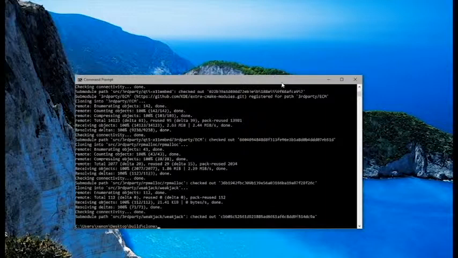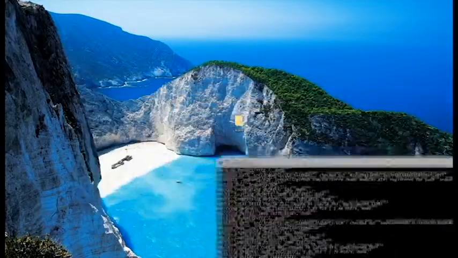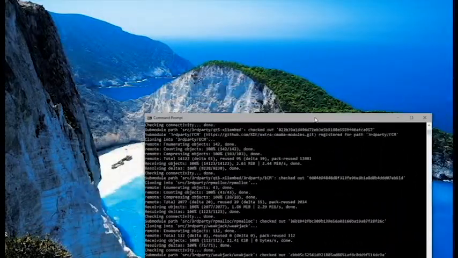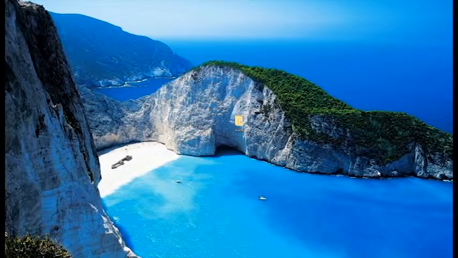Alright, so now that that's done, we can move our command prompt out of the way. Just move it to another screen if you've got one, or minimize it. We might need it later, and this is a friendly time to remind you that if you need any help at all, you can go to the LMMS Discord and put your suggestion in support. I might be there to help you out. If I'm not, I'm sure somebody else would be